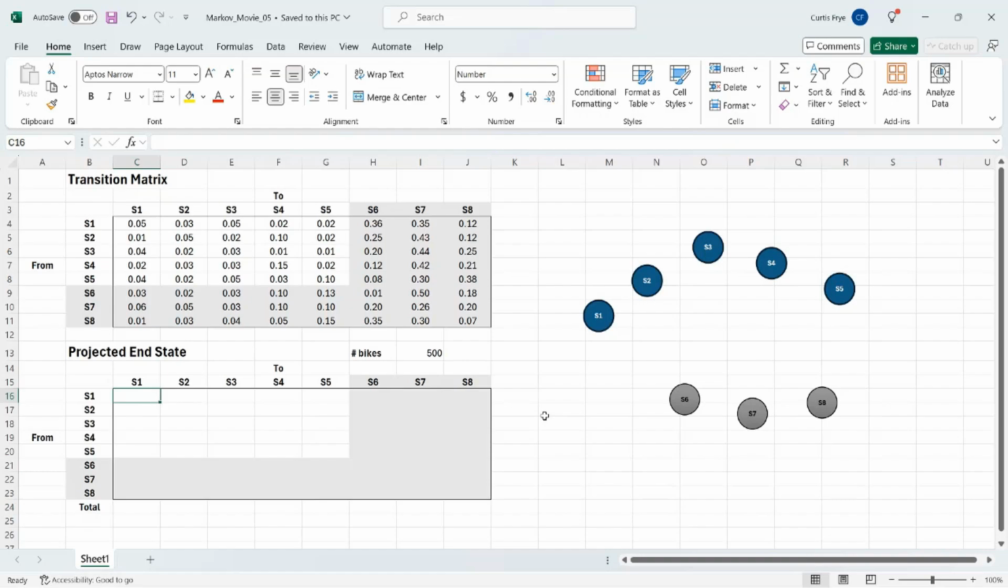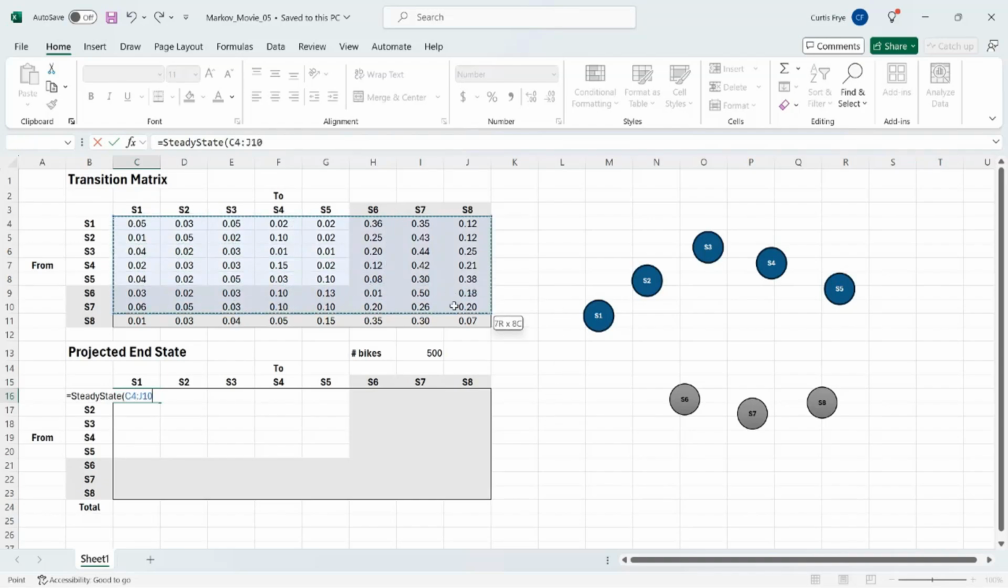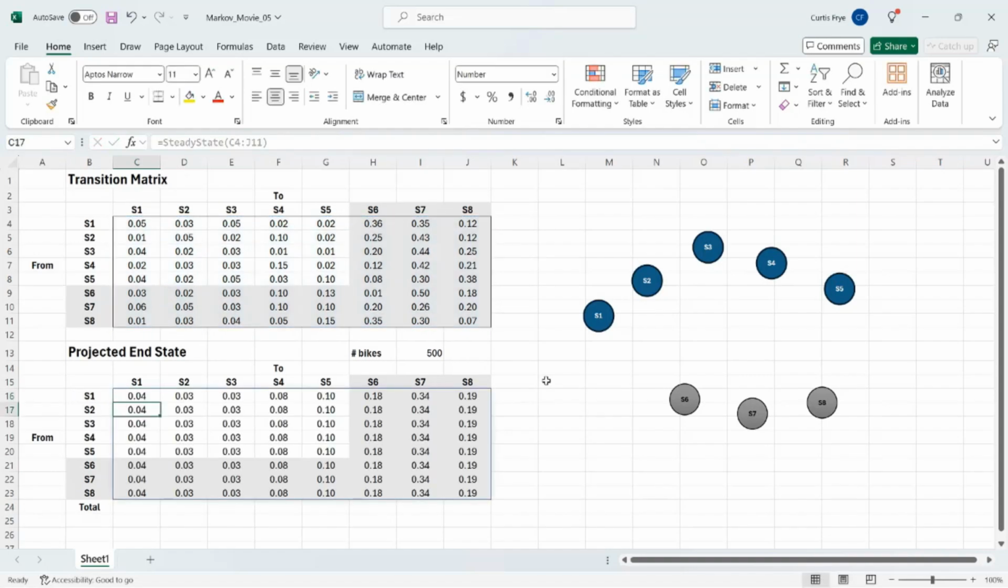And I will type in a formula using the new steady state function that I created. So equal, then steady state. And you can see a list of functions that are available. And one reason that I use camel case, that is uppercase and lowercase letters, is to distinguish functions I create from the ones that are built in. It just helps me remember. So steady state, and we're only passing one range, so that's C4 to J11, which I selected above,